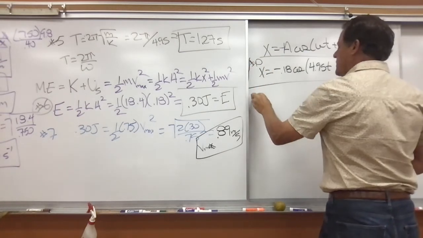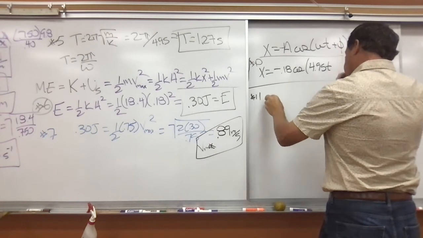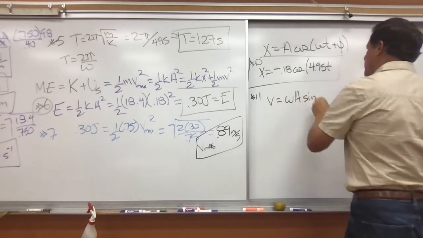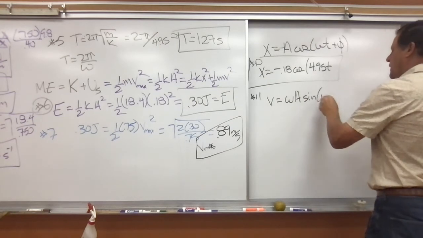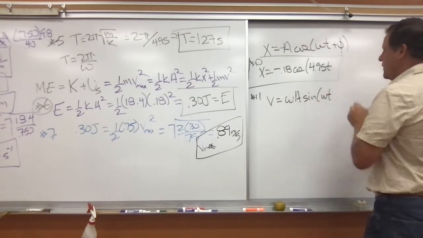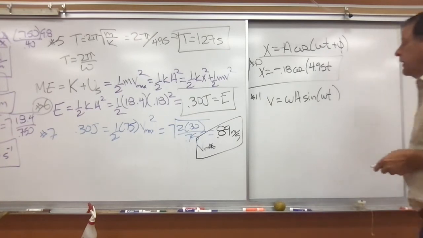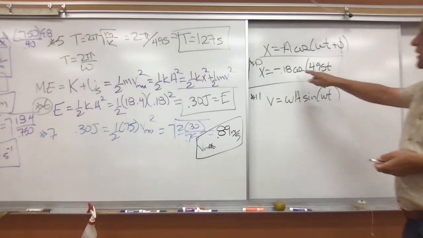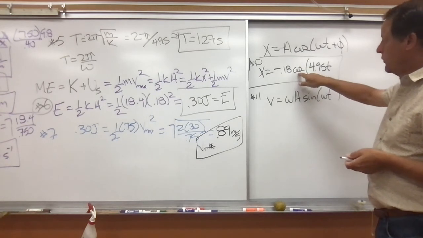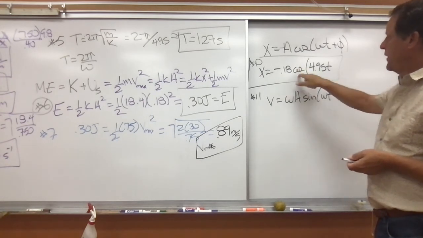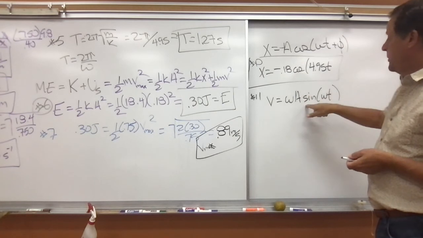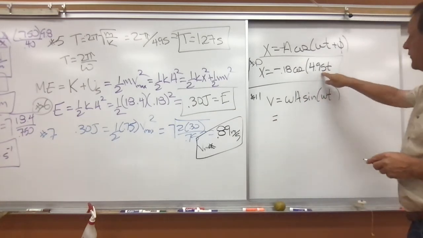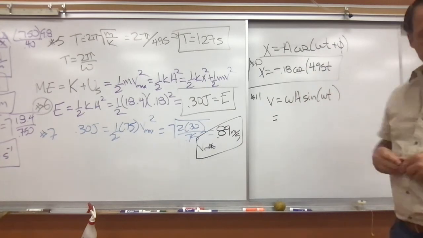So question number 11, we're going to get velocity is equal to omega A sine omega t plus phi. We are going to get rid of that, and the derivative of cosine is negative sine, so the derivative of negative cosine would be positive sine. And now we're going to take our 4.95 times 0.18,